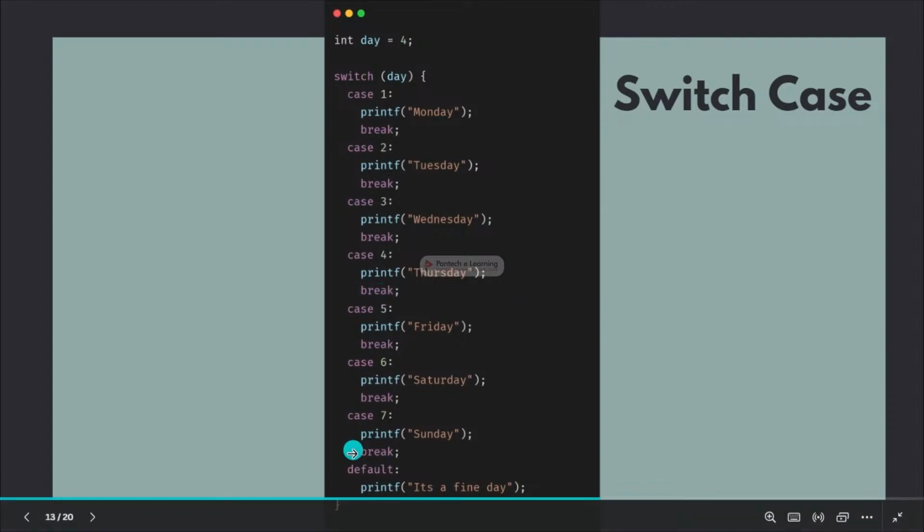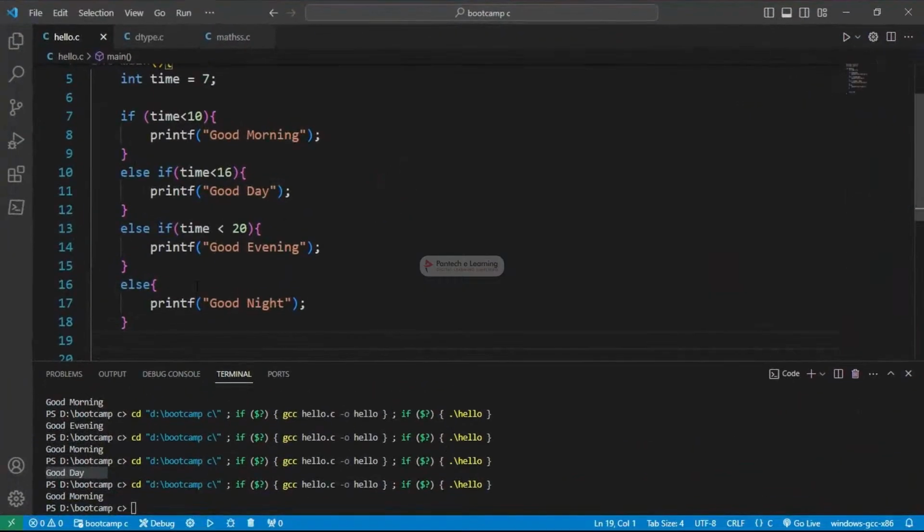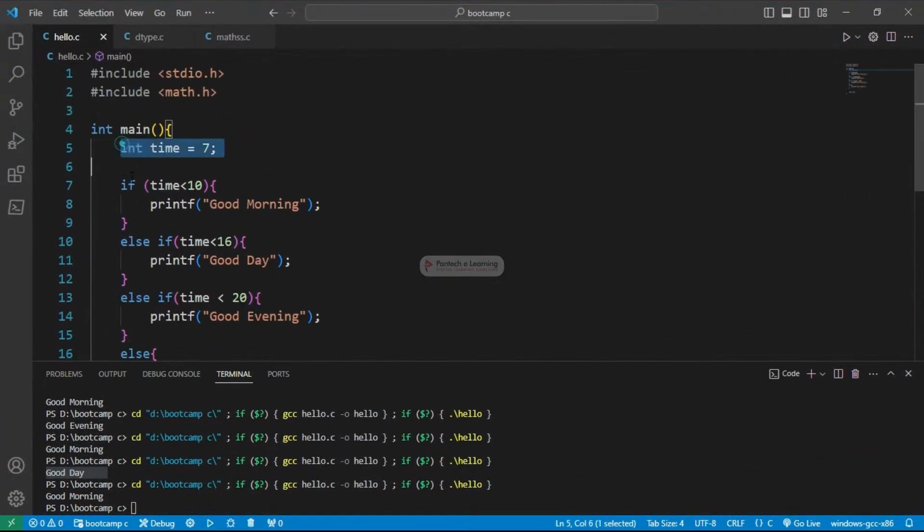And you can also have a default. What if nothing matches here? You can have a default, it's like else, right? So you can use default to print anything else. Here you don't need to give a break statement, that's not necessary. So that's the property of switch case. So we'll try to recreate this in a program. Okay, so I'll just have